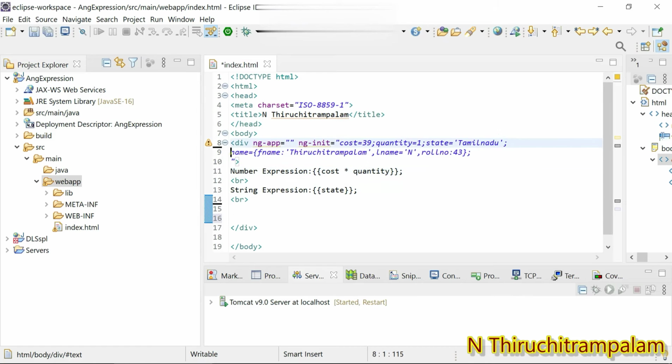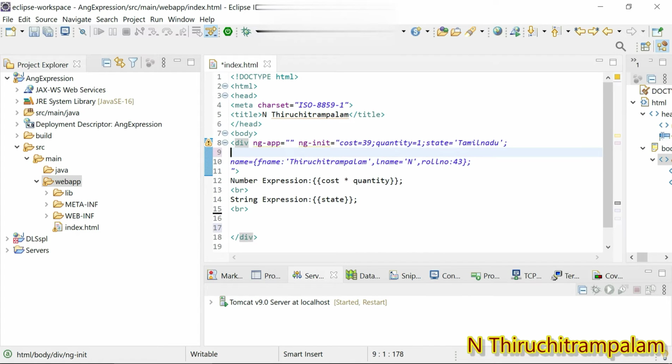Here we have yet to define the array. We have to initialize the array. So let me initialize the array. The array I just create is named mark. The property name is mark, equal to the value. I give the semicolon to end the array initialization. Between every property the semicolon should be used. So mark is the property name, an array property.